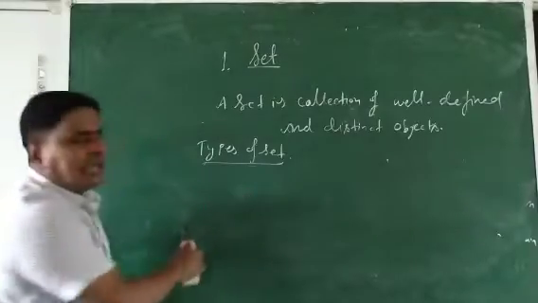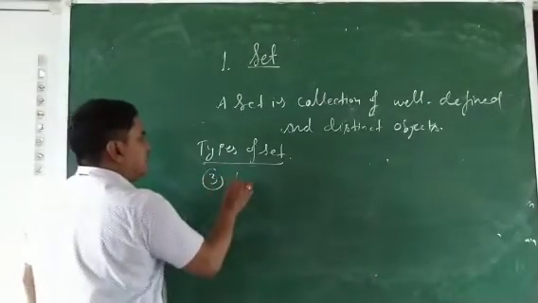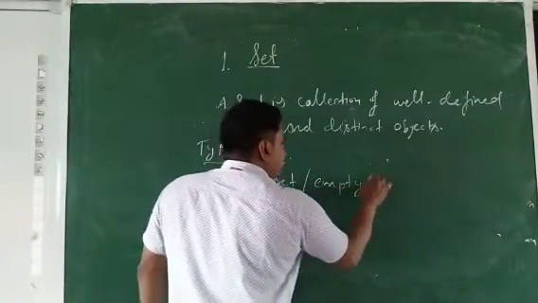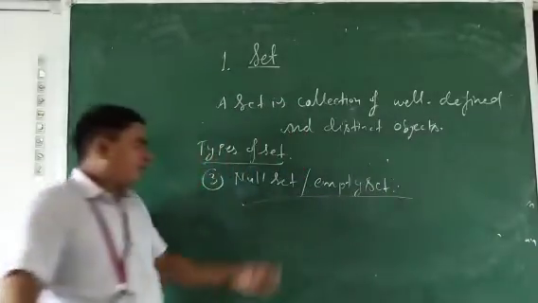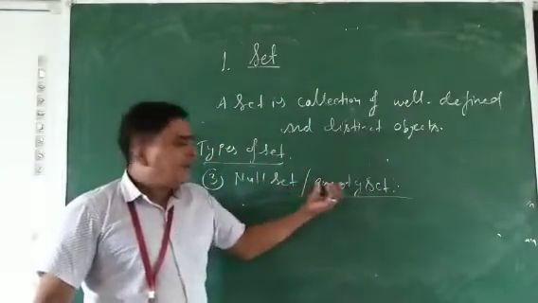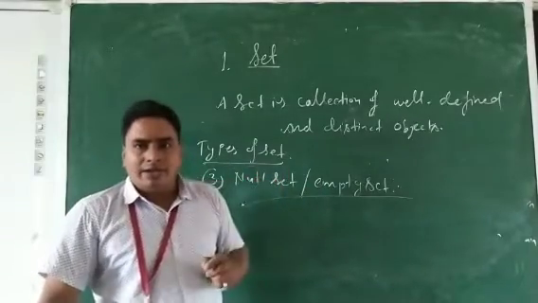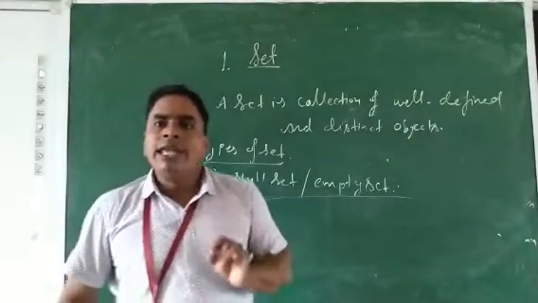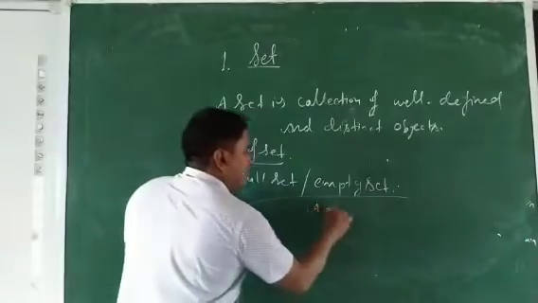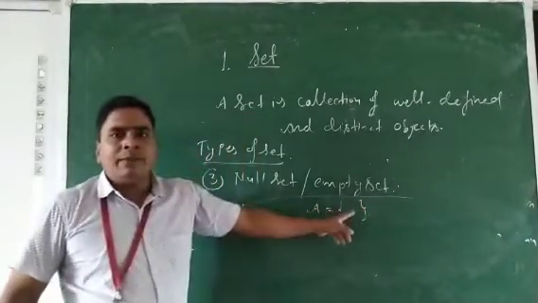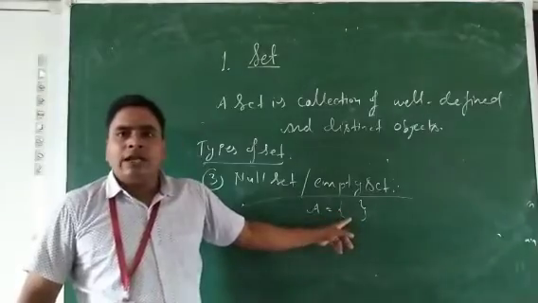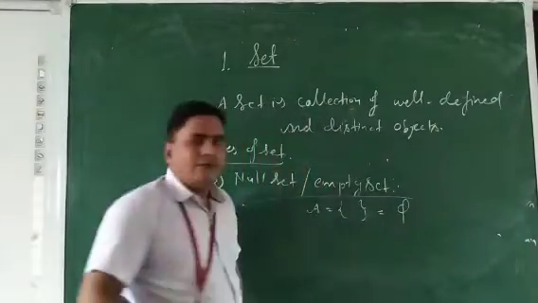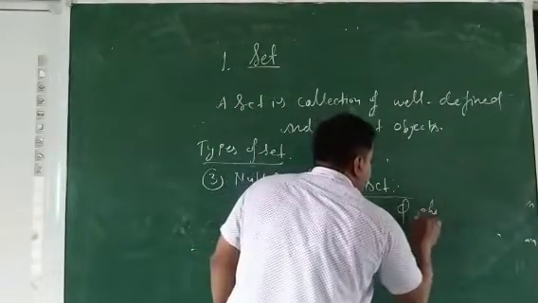Okay. Now next one, the null set or empty set. Again, from this word it is clear. Empty means vacant. There is no element. A null set means a set which has no element. For example, suppose here we represent only the brackets, with no element inside. We can represent the null set by the letter phi, P-H-I.